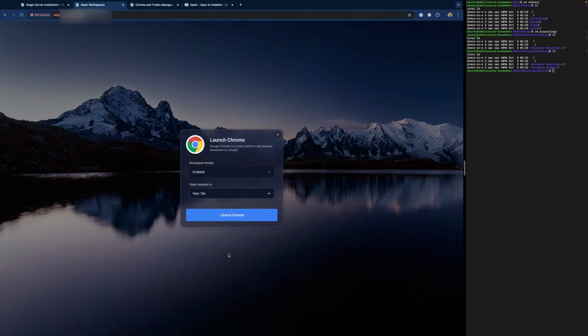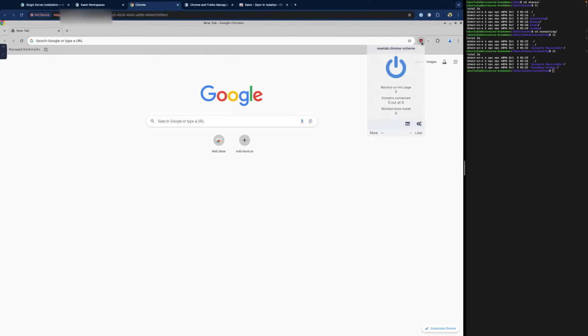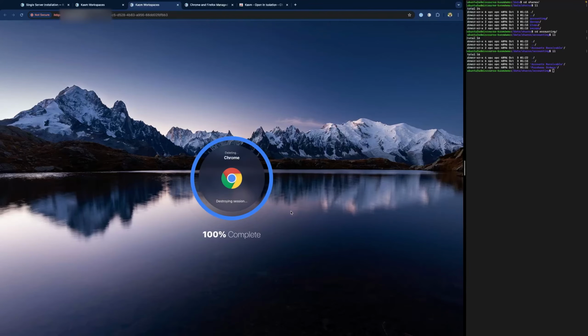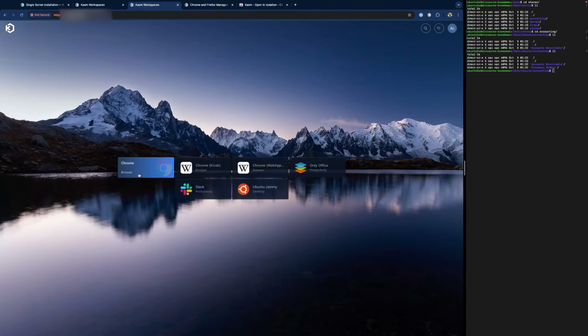Let's go ahead and launch Chrome. And here you can see we have our two extensions added, and we have our managed bookmarks: Google, YouTube, ESPN, and these subfolders with Chrome links. Those file mappings, we did on the Chrome workspaces object. You could also do it on the Ubuntu Jammy workspace object, and it will set those same extensions and bookmarks for the Chrome instance running inside that desktop.